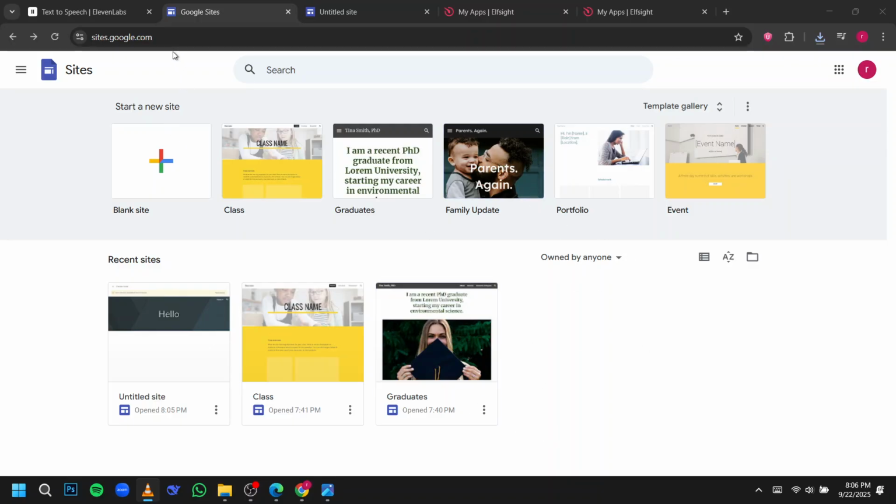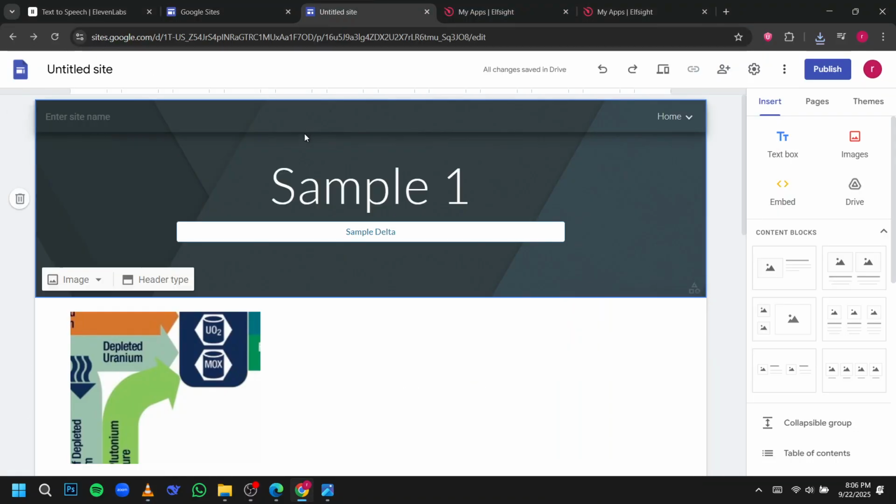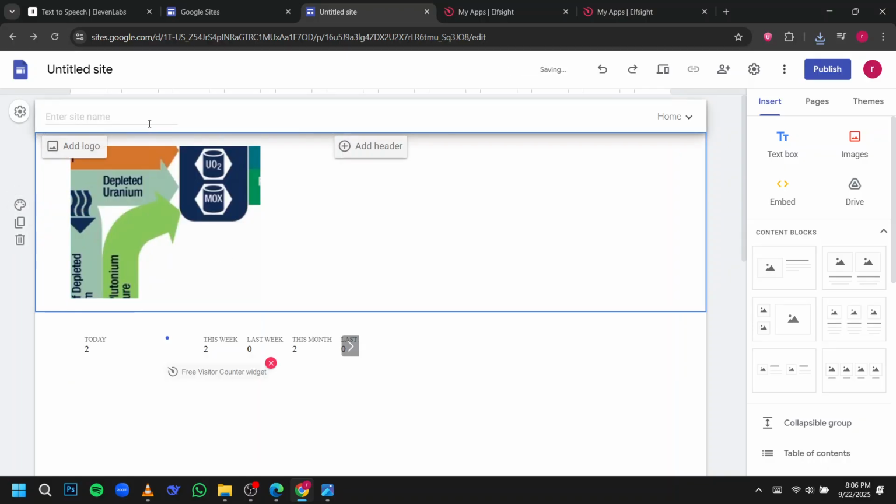First, make sure you're logged into your Google account and have access to the site you want to modify. To remove the current header, scroll to the top of your page and locate the header area. On the left-hand side, you'll see a small delete icon that looks like a trash can. Clicking it will remove the header. Keep in mind that this will also remove any images or text in that section, so make sure you've saved